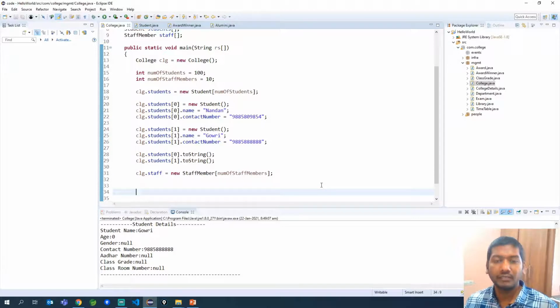So what happened here? We have told the Java runtime environment that I want to store 10 staff members in the form of an array. So that is why we have given this.